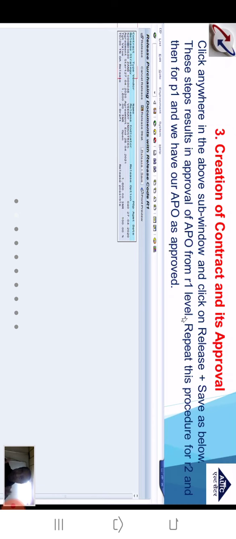Means one by one we will provide the releasing code as R2, APU document number, then a small subwindow will appear. Bring the cursor of control in the small subwindow and click on release plus save. Then it is released from R2.